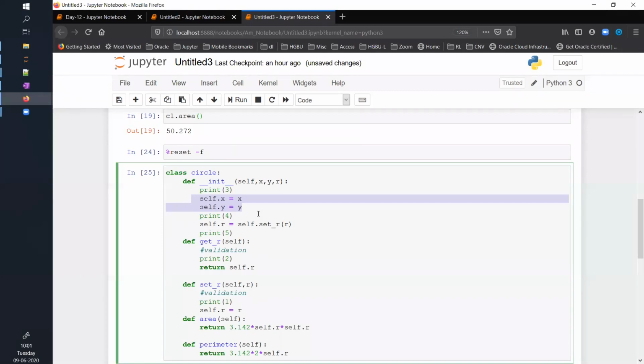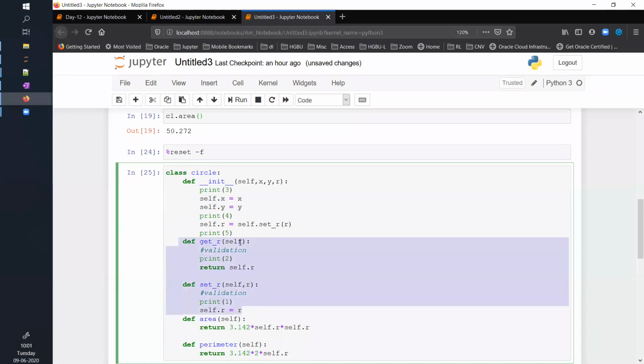Even if he or she is not authorized, he can access the values, and he can reset or set the value. I want to control those things by writing these functions. And instead of directly saying self.r equals r, I'm saying self.r equals self dot the function name that I have written here. So directly don't set the value of r. Call this function and then set it.